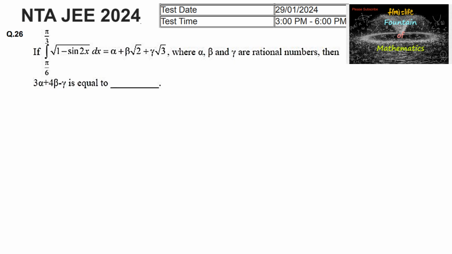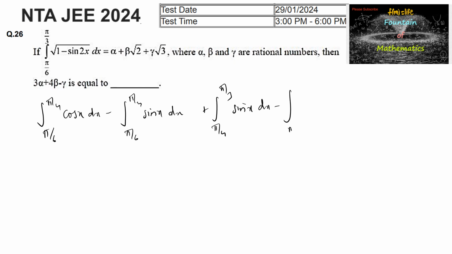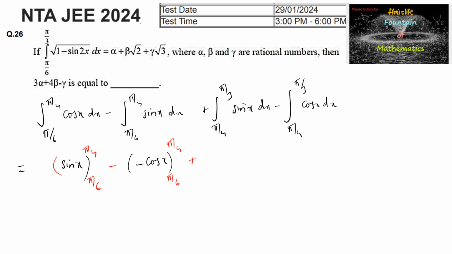Now let's integrate. Integral pi by 6 to pi by 4 cos x dx minus integral pi by 6 to pi by 4 sin x dx, and again integral pi by 4 to pi by 3 sin x dx minus integral pi by 4 to pi by 3 cos x dx, which is equal to: integration of cos x is sin x, over the limits pi by 6 to pi by 4, minus integration of sin x, which is minus cos x, over the limits pi by 6 to pi by 4, and again integration of sin x is minus cos x